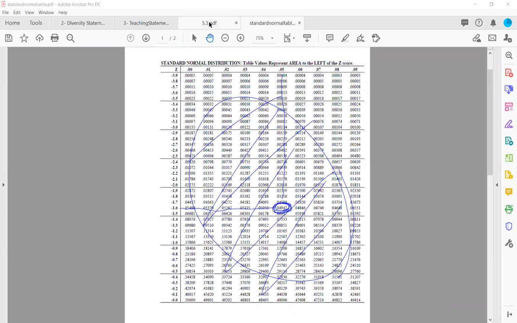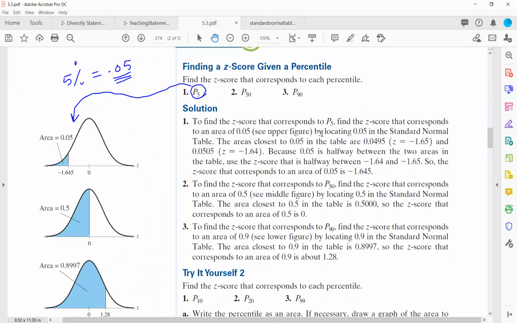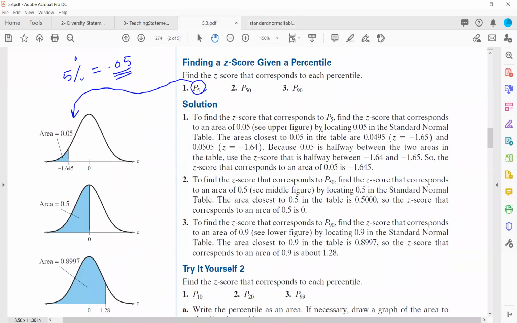I had a quick question for you, Professor. Go ahead. Wouldn't it be between 1.64 and 1.65? You can take the average as well, of course. Oh, okay. So either would be correct on a test? On the test,